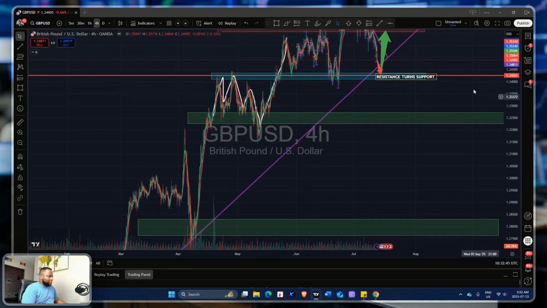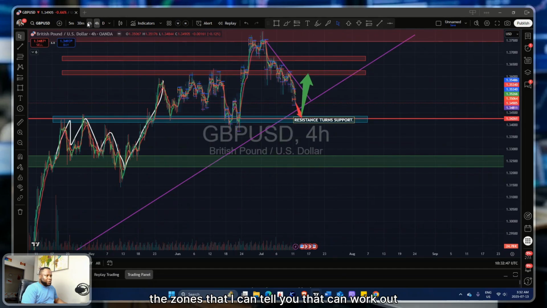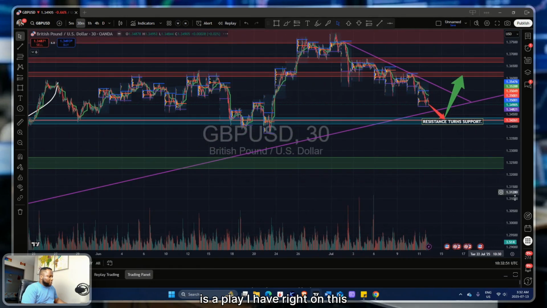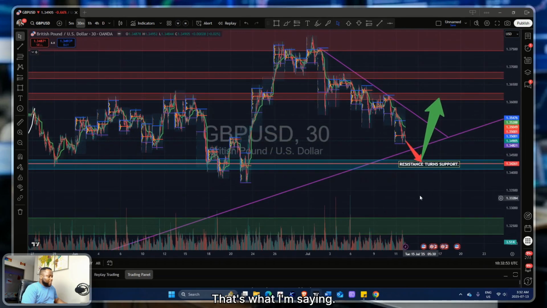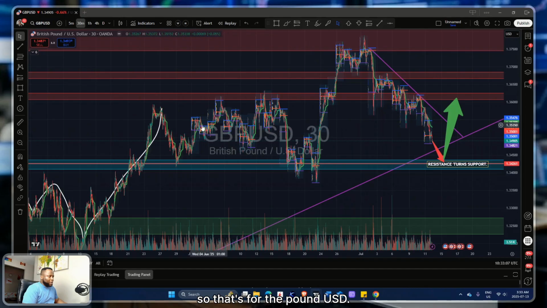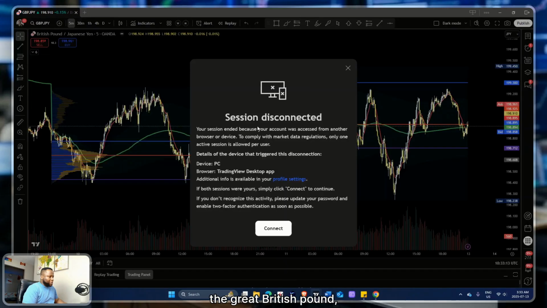But the zones that I can tell you can work out for next week is a play I have right on this analysis down here. That's what I'm saying. Short, buy, all right? 136.05 is basically a short area, and 134.26 is where I'm looking for buys. All right, so that's for the pound USD. And let us take another look at the Great British Pound